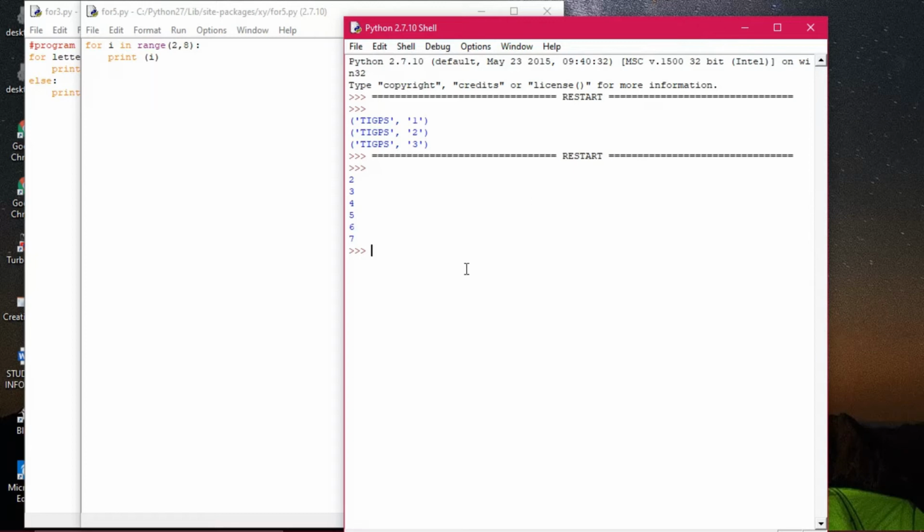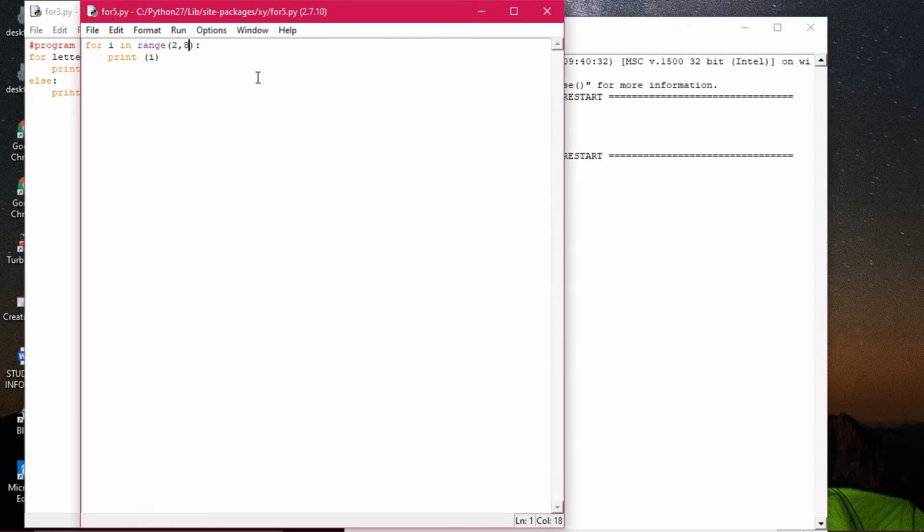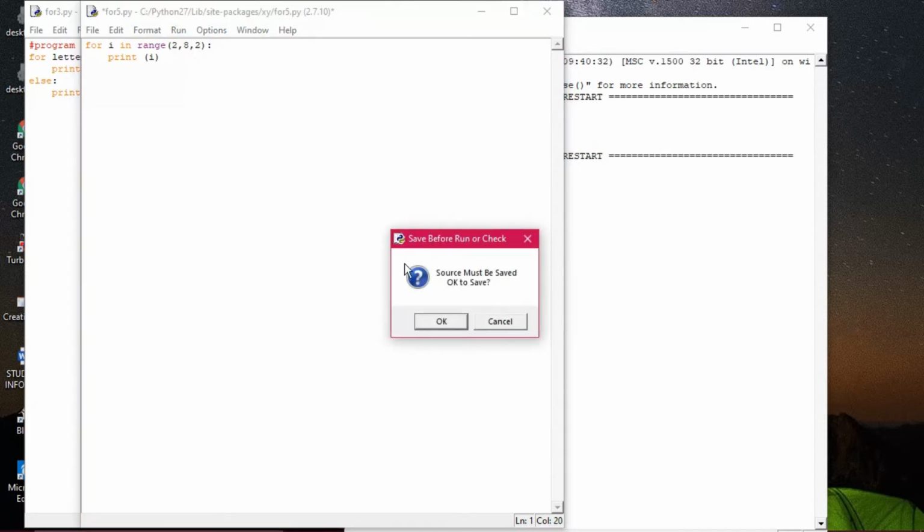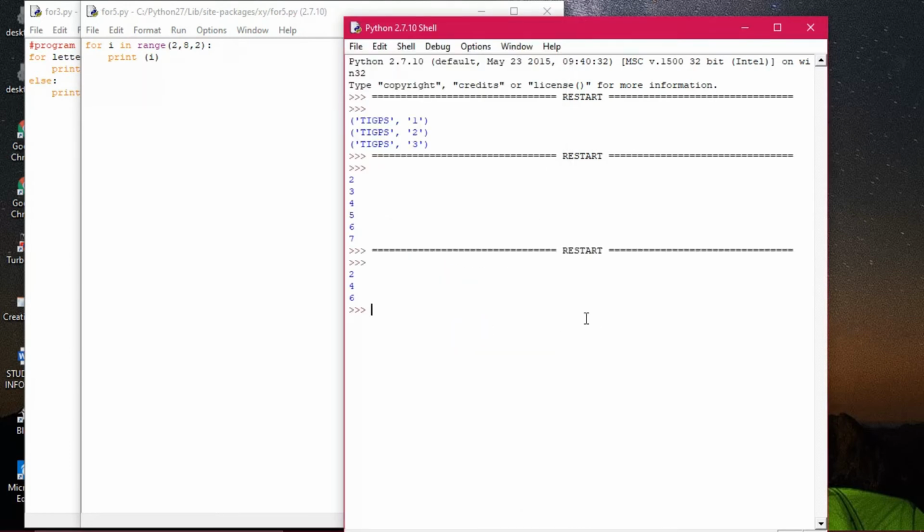So there are certain things in range. Range means starting, ending, then the step value. Step value means if you don't give anything, in that case it will be incremented by 1. But if you want to mention something, say I'm giving here 2, then you execute this program and see the output. Note the change in the output. So what is happening?